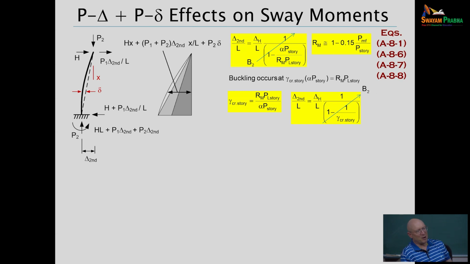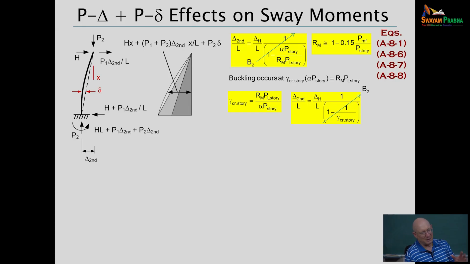RM is generally going to be a number smaller than 1. Or in the best case scenario, if we go back to the first example where all the load was on the leaning column, RM would be 1 in that case because there's no load on the moment frame column. And so in that case, you end up with